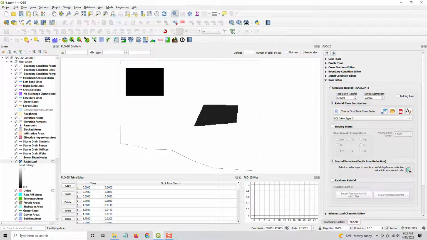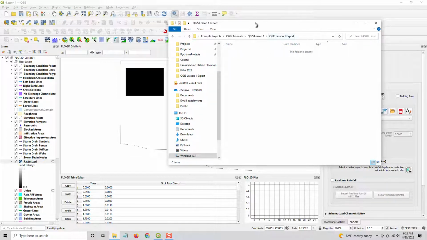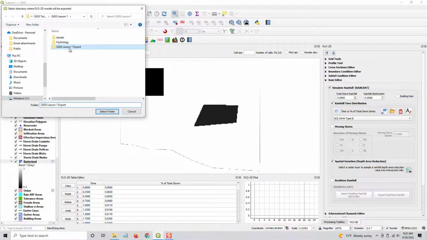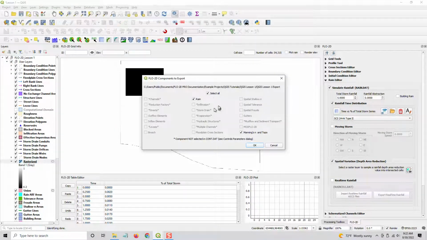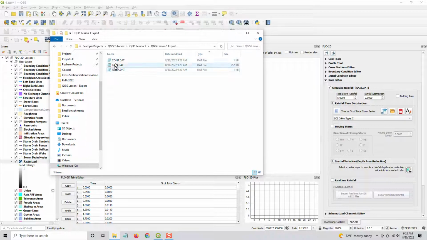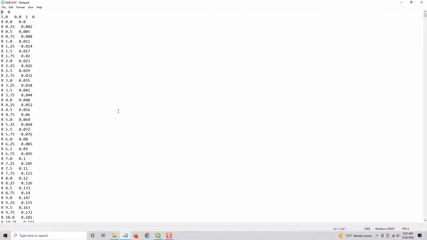Now I want to export the file, so here is my lesson 1 export, and I want to export this, but I don't need the whole thing. I just want to check it. So I'll just get the rain, and when you select one file, you always get the CONT and the TOLER, of course, that's default, but you also get the rain. And I need to save this actually because I'm tired of having to expand that every time. Okay, and you see that here's your RAIN.DAT, here's your 5 inches of rainfall,